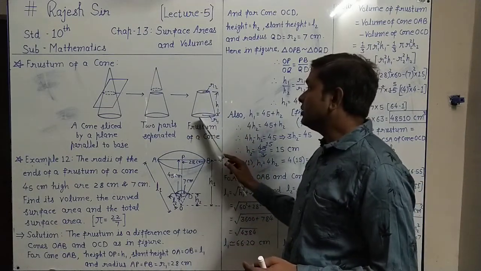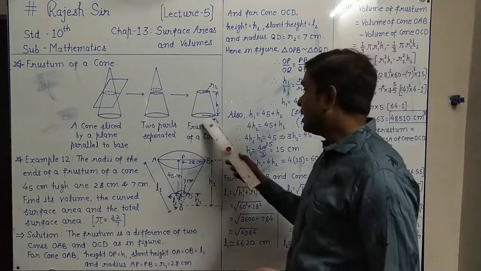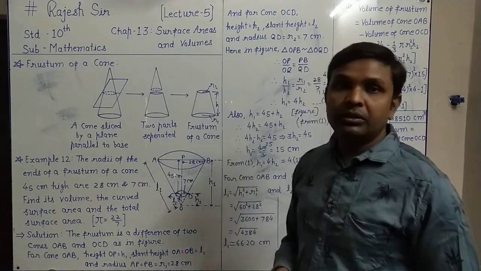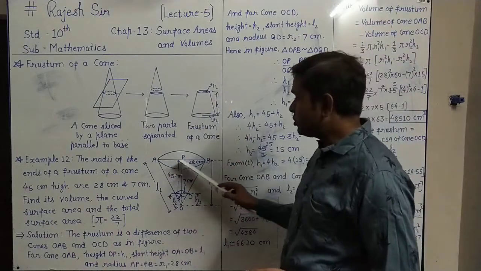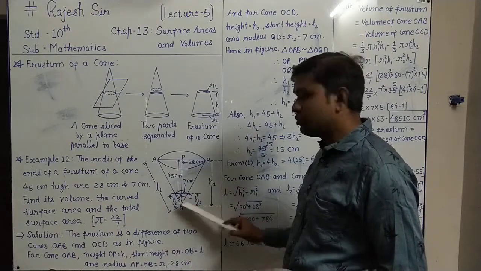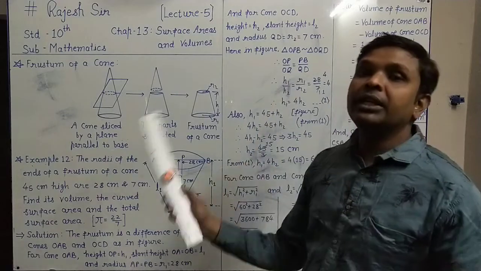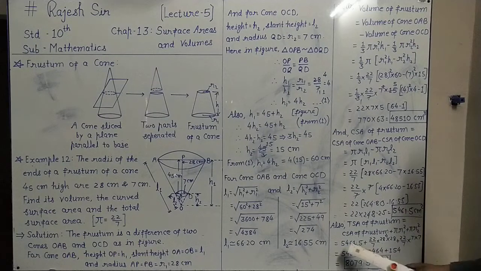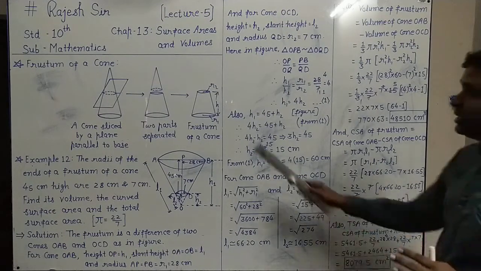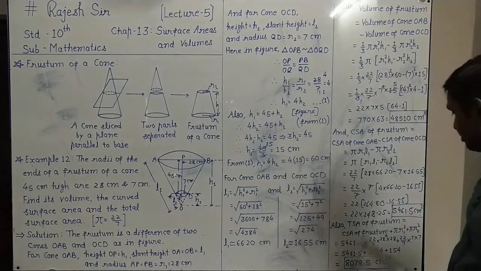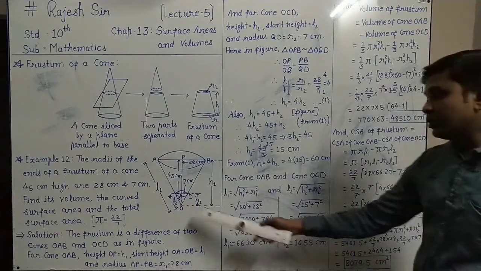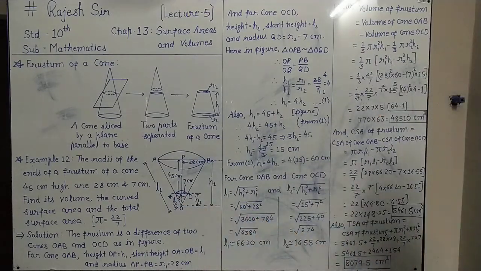For bottom circle, the area of the circle is pi r square, the radius is r1, so pi r1 square. And for the top circle, to close it, the radius is r2, so pi r2 square. Then we can get the total surface area. So that is here done. TSA of frustum equals first CSA of frustum as it is, its curved surface area, plus to close its upper circle pi r1 square, plus to close its down circle pi r2 square we have to add. Right?